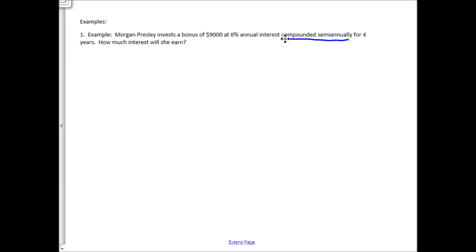So compounded semi-annually, that tells me to use that formula where A equals 1 plus R over M, raised to the T times M. So what I like to do is list out those variables, A equals, P equals, R equals, M equals, and T equals, and then I take the numbers in the problem and I'm going to fill them in. So, alright,